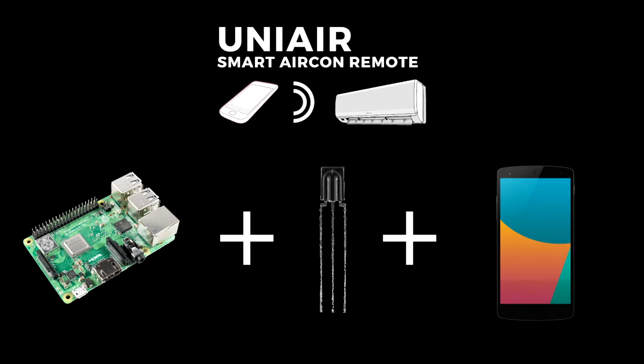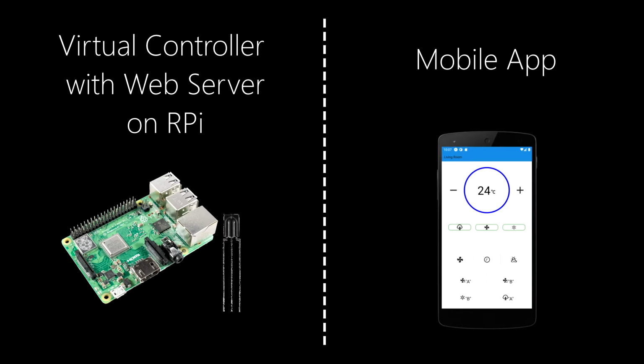With an IR blaster attached to a Raspberry Pi and our software, smart features can be enabled to even the oldest air conditioners. UniAir is a two-part system. The first part involves a virtual controller and a web server on the Raspberry Pi, which sends IR signals to the air conditioner. The second part involves a mobile app which can be used to control the air conditioner remotely